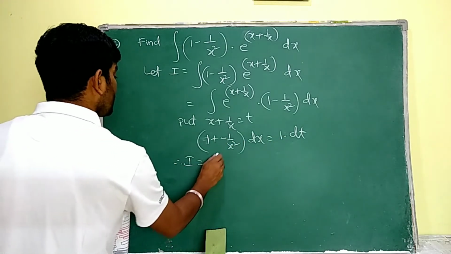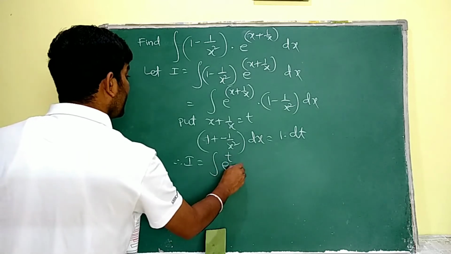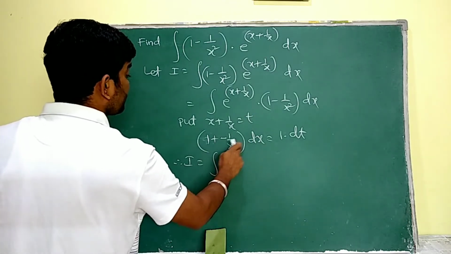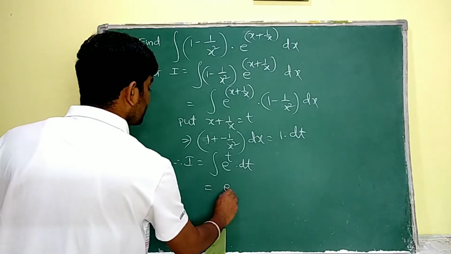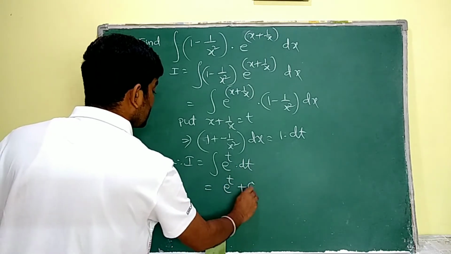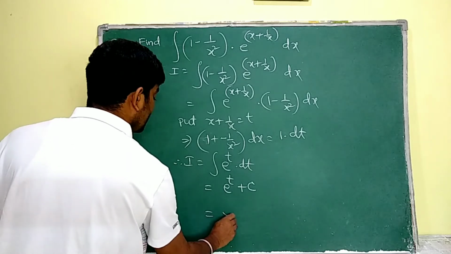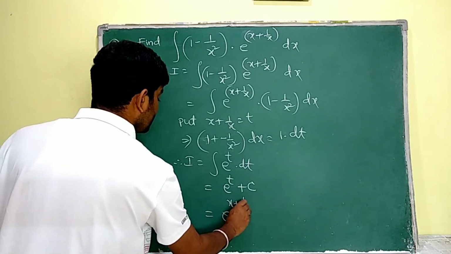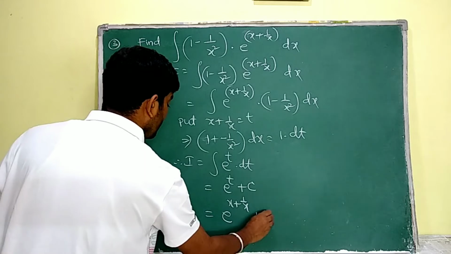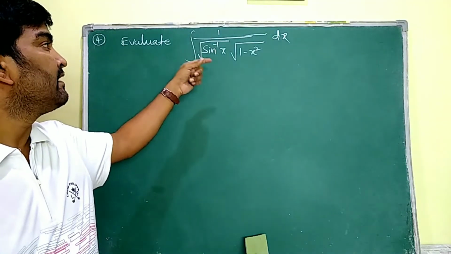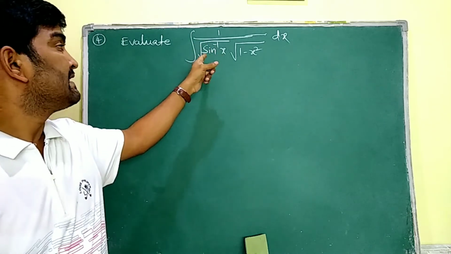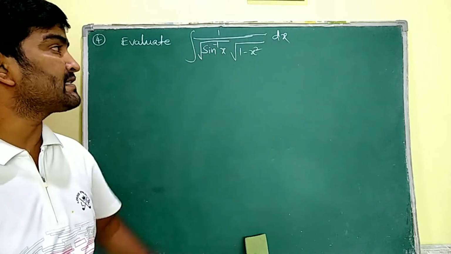Therefore, I is equal to integral e power of t into (1 minus 1 by x square) dx, which means dt. This can be expressed as e power of t plus c. Now you have to resubstitute the t value: e power of (x plus 1 by x) plus c. This is our answer. Evaluate integral 1 by root over sin inverse x into root over 1 minus x square